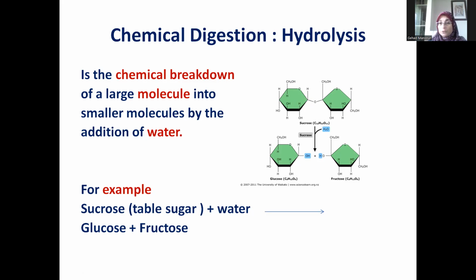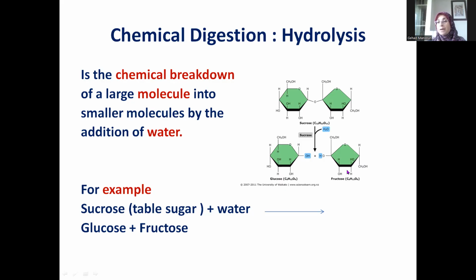Glucose and fructose. So what we are doing here in this diagram, if you are ever asked to explain or interpret what happened or justify why we could separate the 2 monomers from each other, actually, we added water. We added H to one of the 2 monomers and OH to the other monomer. So we split them apart. This is a process of hydrolysis. In hydrolysis of sucrose, we broke down sucrose into the 2 monomers, glucose and fructose, by the addition of